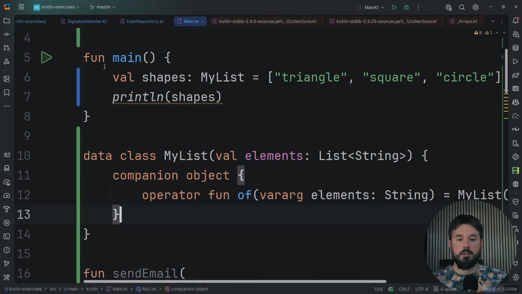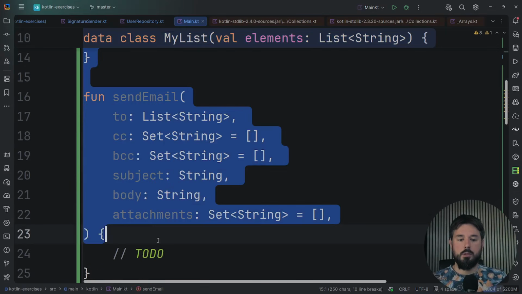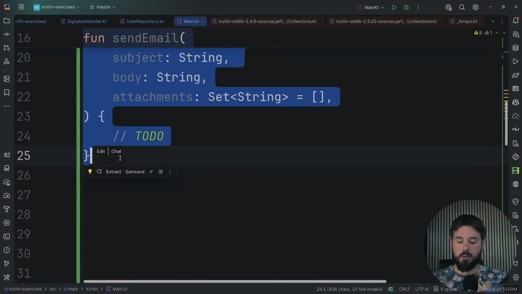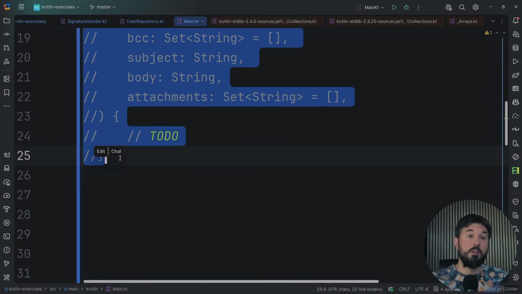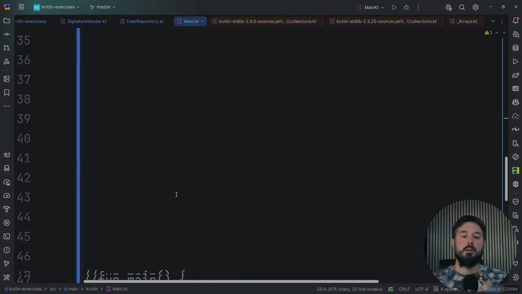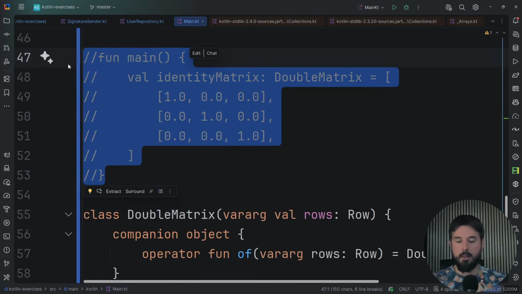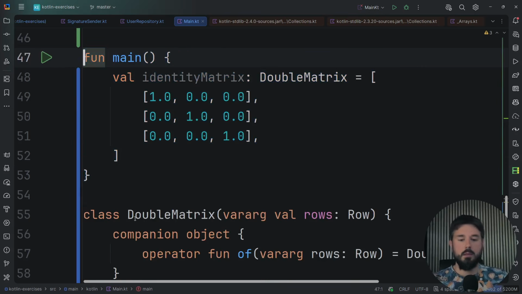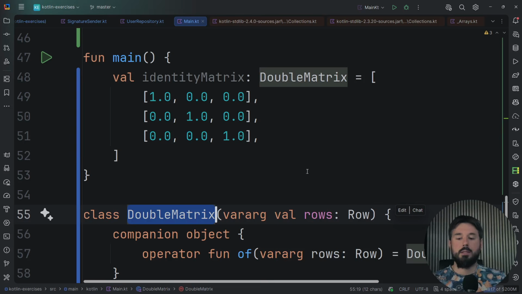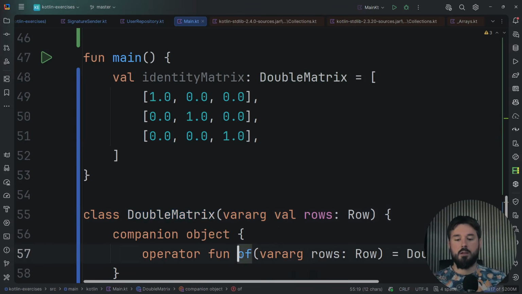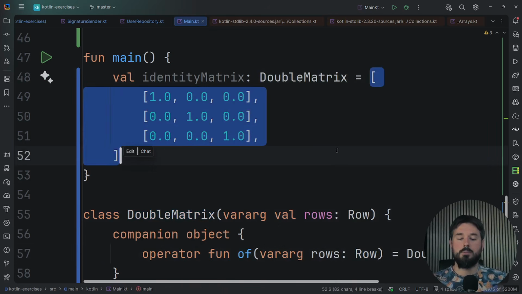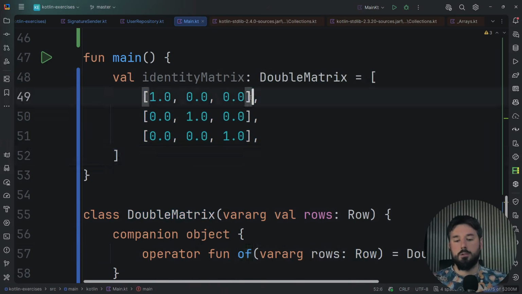Notice that collection literals are also a very good fit for multi-dimensional collections. For instance, if you had such a thing as a double matrix, if you want to define a matrix, you can define an of function to define a row of this matrix, but each row also needs to be defined.